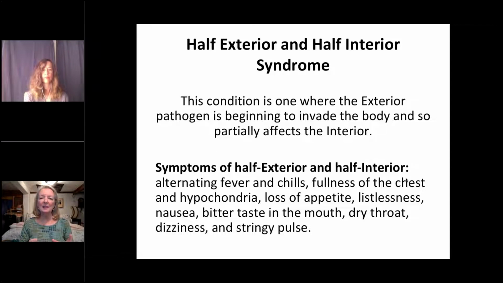And the way you treat this is you have to open the surface. It's like the robber is trapped in the house. So you have to open the window so the robber can escape. And then at the same time, clear the heat or the coldness or move the chi or whatever it is that you need to do at the same time to push that robber out of the house. Thankfully, there are two major herbs that do this. One is used more by the Chinese, one is used more by the Japanese. The Chinese use Bupleurum,